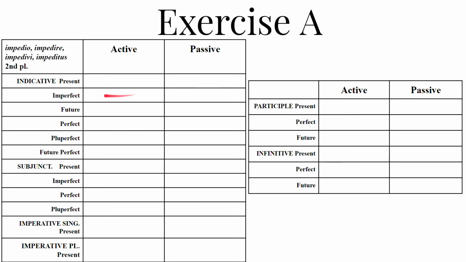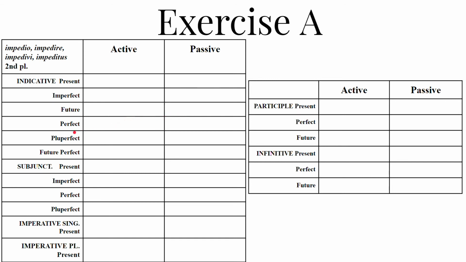For the imperfect, impedi, add the e, then the ba: impediebatis. Passive, impediebamini. The future, like the third and third io, does not use bo, bis, bit, but am, es, et, amus, etis, ent. So we want etis: impedietis. And the passive uses ar, eris, etur, emur, emini, entur: impediemini.